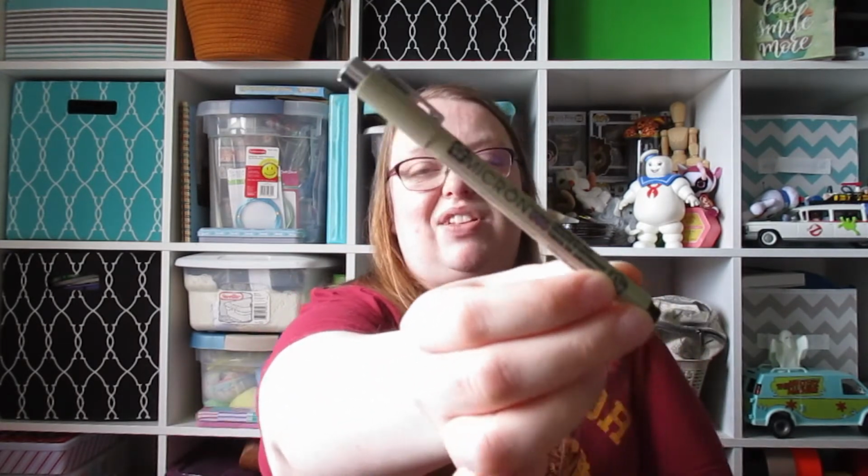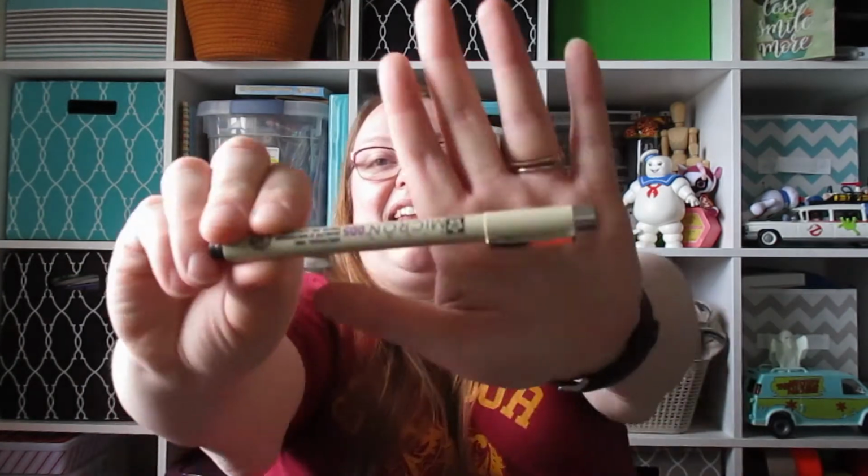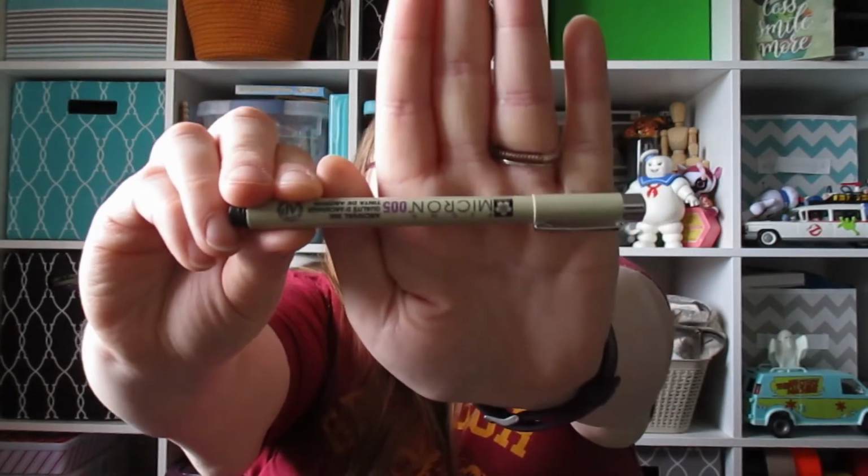The only addition that I have to share is I didn't realize I had a brand new Micron 005 pen. So it's like the fine, I believe it's the finest one they make. And I love a good Micron pen. It's like my favorite art pen. So I was really glad to realize I had a brand new one, and I've been using that. But yeah, other than non-lit loves, I don't really have a whole lot, so we're just gonna move right along into